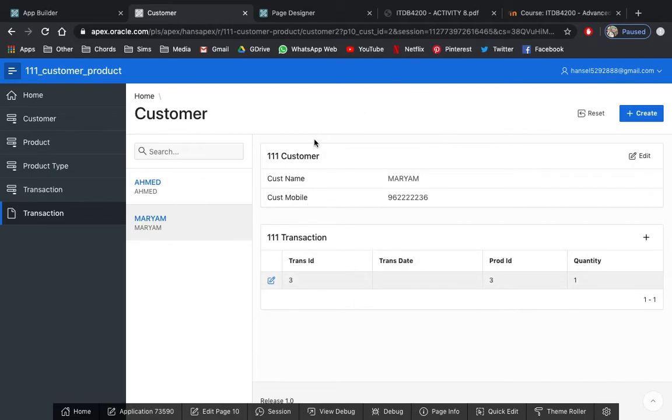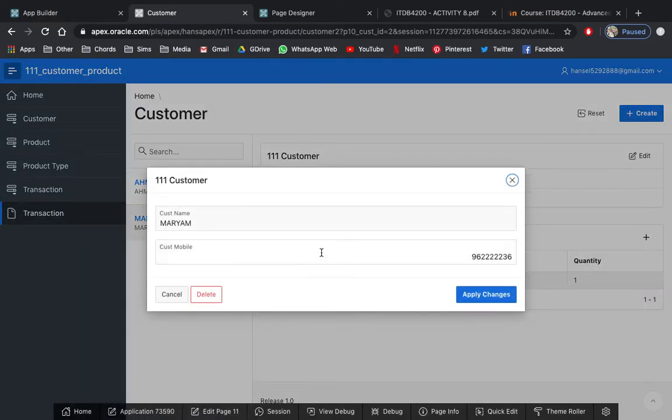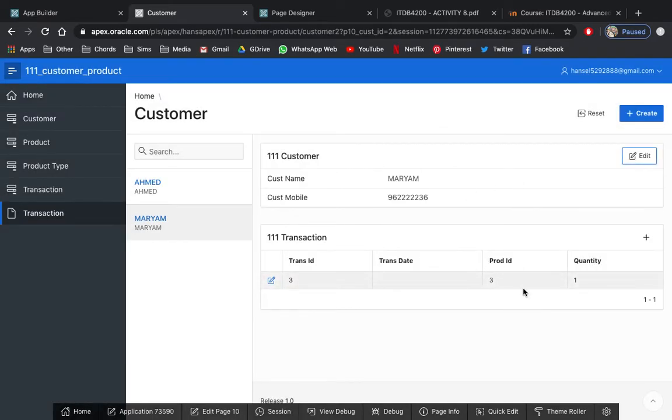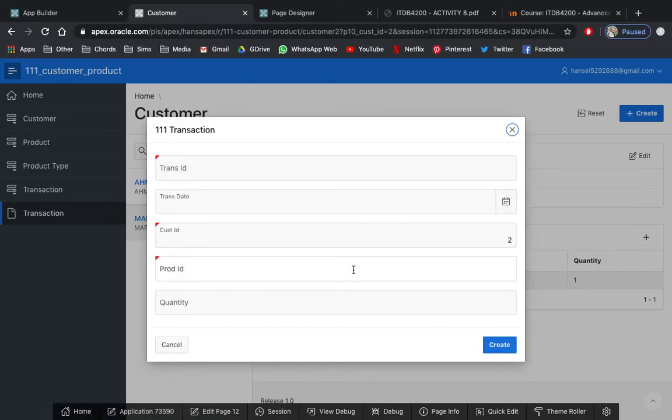And by the way, within this master detail, we can also edit the customer directly, and you can see Mariam and the customer numbers there. Similarly to your basic forms, the primary key is also hidden. For now, our task is only to apply a dynamic LOV for product ID. We could also add a transaction here, but we still don't know the equivalent customer ID, which is required for our dynamic LOVs. Same thing with the product ID as well.